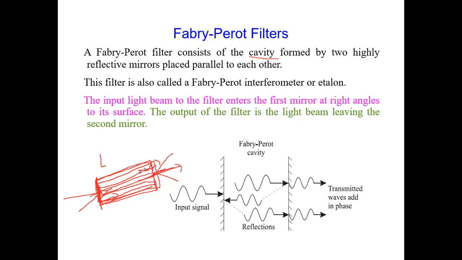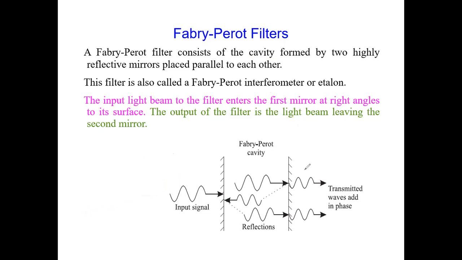and the signal strikes the other end, it is reflected back, again it comes over here, it reflects back, and this way the journey continues. So here what we have in this particular diagram is called the Fabry-Perot interferometer or etalon. In physics they will call it a Fabry-Perot interferometer, but right now in fiber optics we are calling it a fiber optics filter. So here is the cavity.